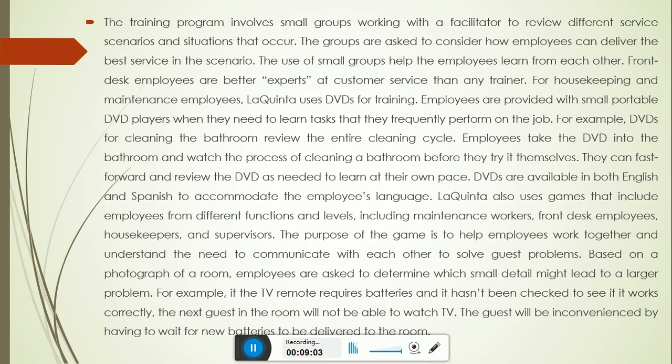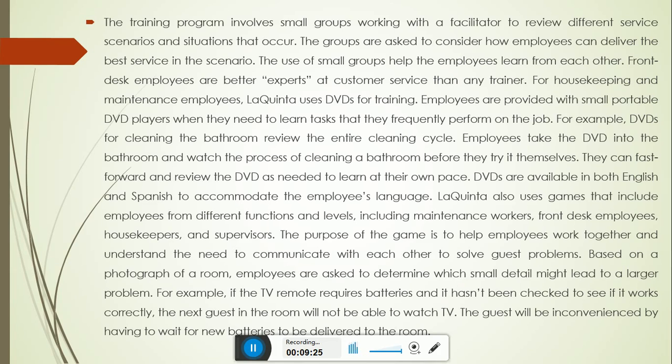Maintaining the hotel is very important, because when you enter a hotel you notice the smell. For example, someone has smoked inside the hotel and someone has an allergy to smoke, and you give them the same room. So these things affect your customer service. So your maintenance is not good.